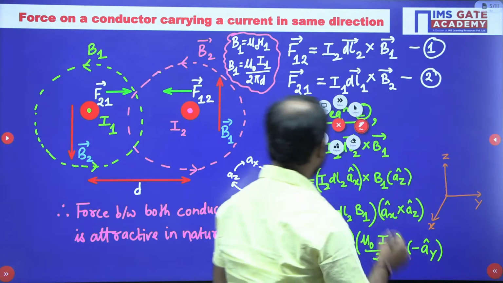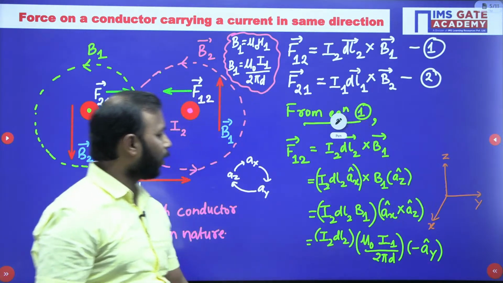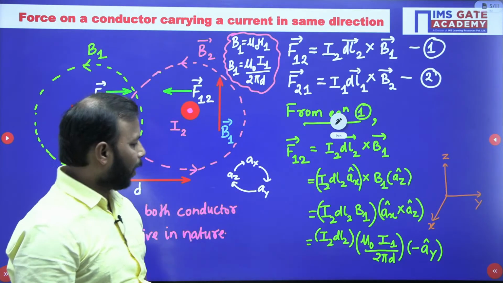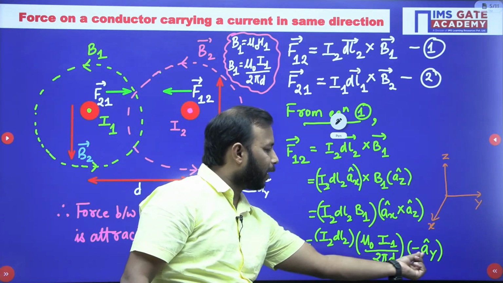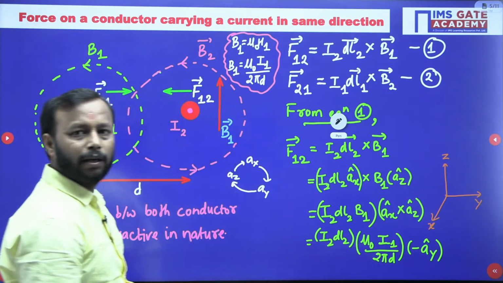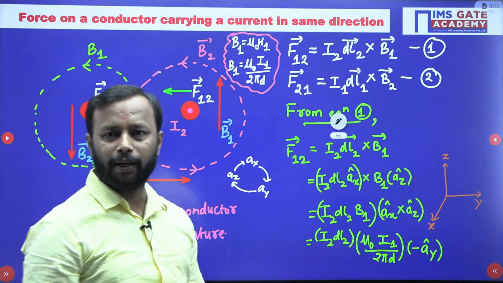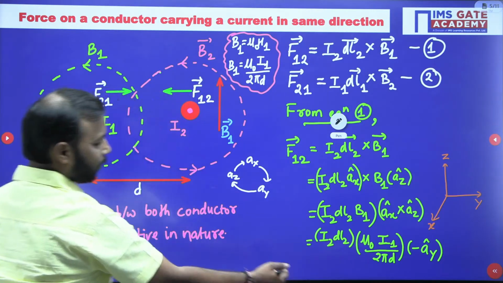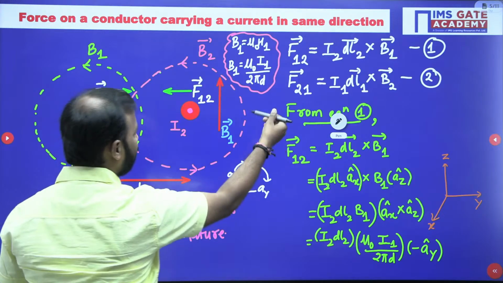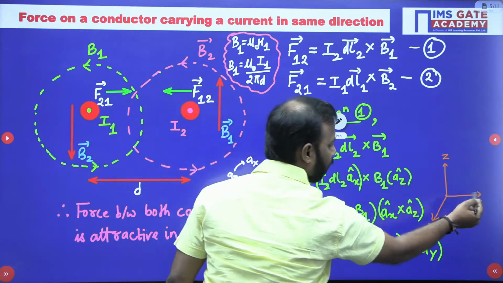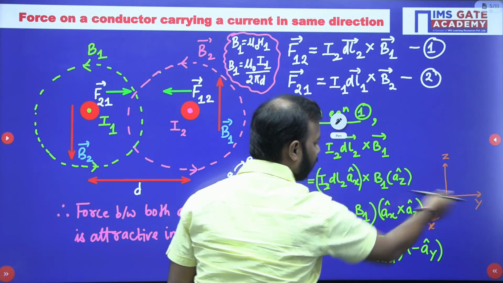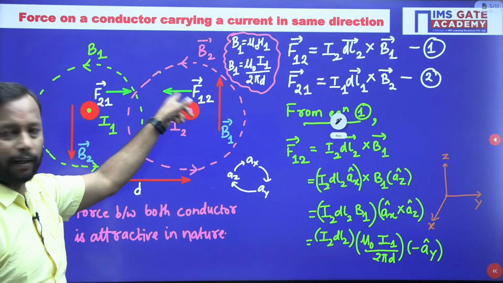So minus AY. Now from here we can also find that F12 will have this magnitude and direction is minus AY. Minus AY means, why? So minus AY is here ना, देखो ये प्लेन y इस डायरेक्शन में है तो माइनस y इस डायरेक्शन में होगा, और वही हमने फाइंड किया था.